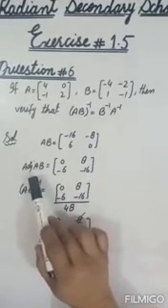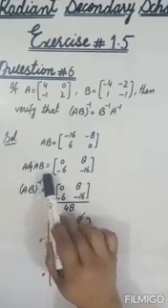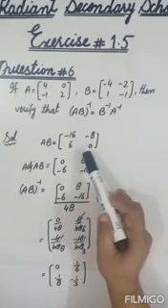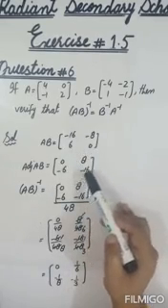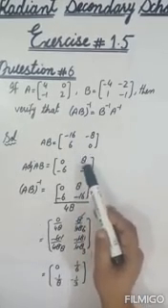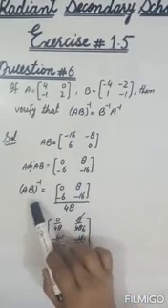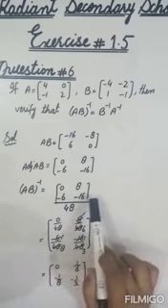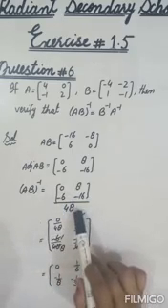Now we have to find out adjoint of AB. For finding adjoint of AB, you know very well, we have to change the place of the diagonal entries. It goes to 0, minus 16, and we have to change the sign of the rest of the entries. Minus 8 goes to plus 8 and minus 6 goes to plus 6. Now (AB) whole inverse is equal to [0 8; -6 -16], this is adjoint of AB, divided by AB determinant, which is equal to 48.